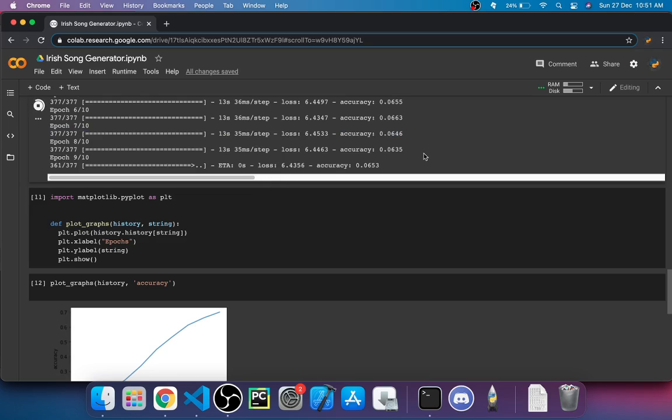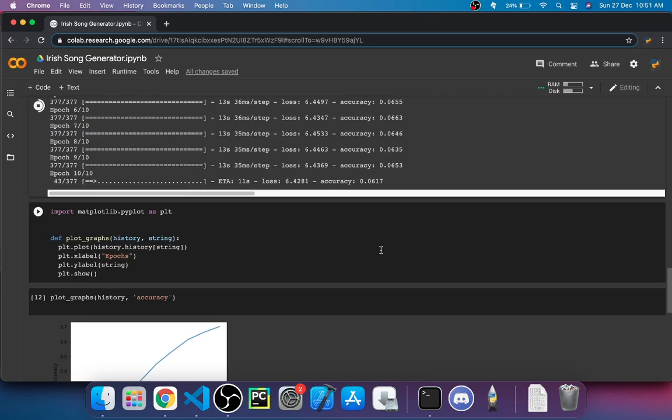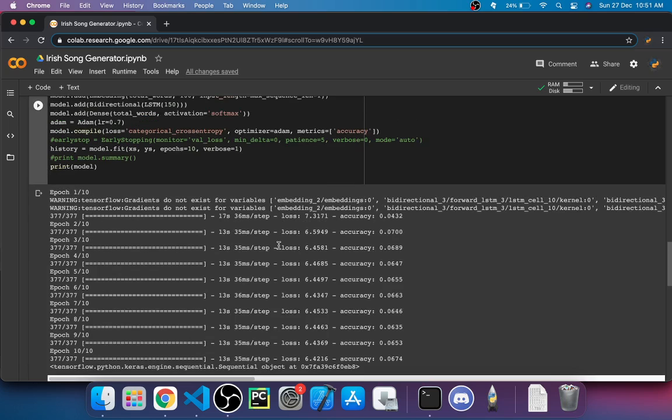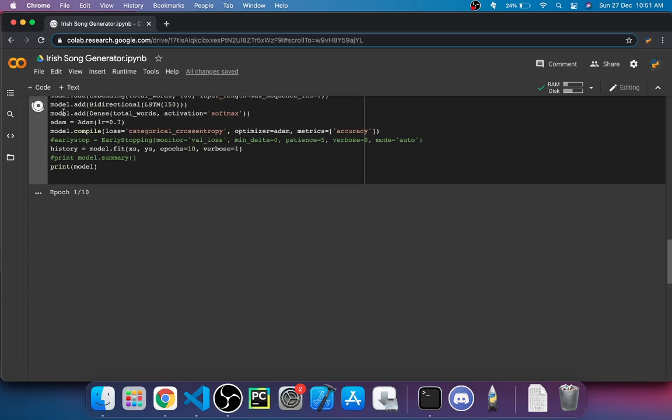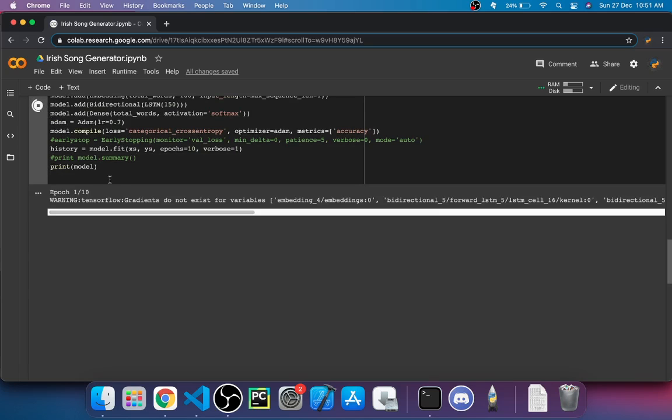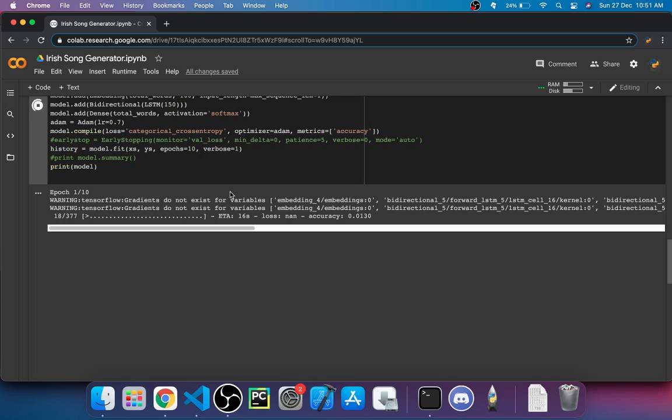Now that's the thing. Everything depends on how you are tuning your hyperparameters. You can also use Keras tuner and use it to actually tell you what are the best layers and how many layers you want to go with your network. But the best way is to play around with yourself, because Keras tuner will provide you a decent amount of information, but it's good that you yourself play around with this.